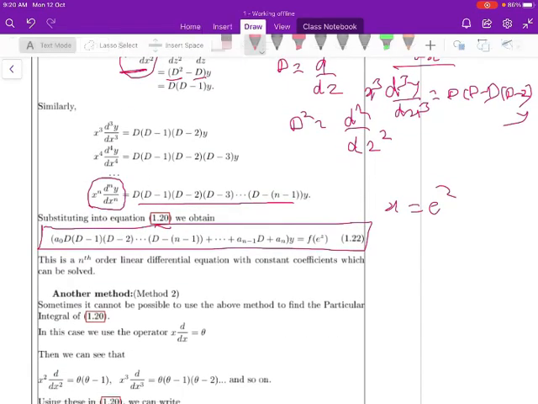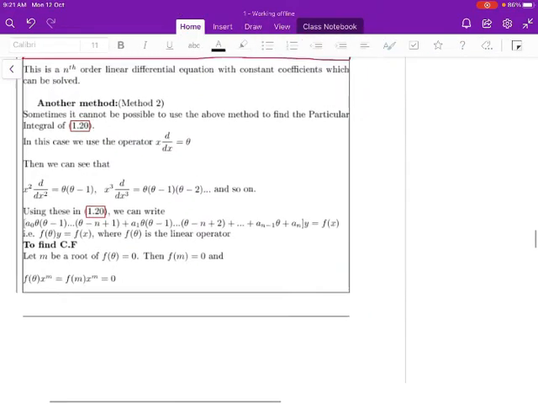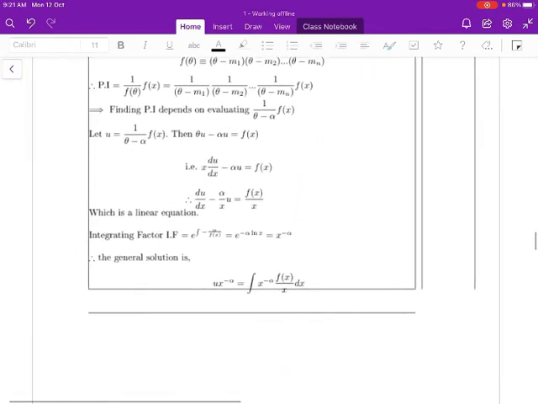If it is a linear differential equation with constant coefficients, we can easily solve it with the help of the previous results. We have studied the solution of non-homogeneous linear differential equations when r of x equal to e power ax, when r of x equal to sin x or cos x, when r of x equal to a polynomial, when r of x equal to e power x into v, where v may be either a polynomial or a trigonometric function. One can discuss all the cases again here.